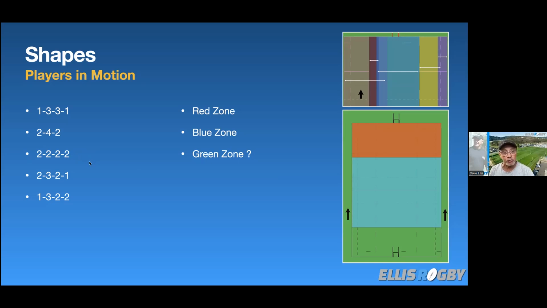Because even though it's a 2-2-2, often there's a third player not far away from that area that kind of joins in and becomes part of their three. So having some good ball players there, that would have suited that team in my opinion. In Connacht, we played a 2-4-2